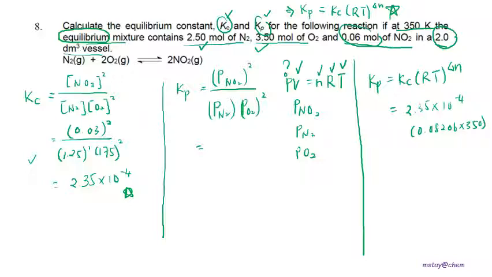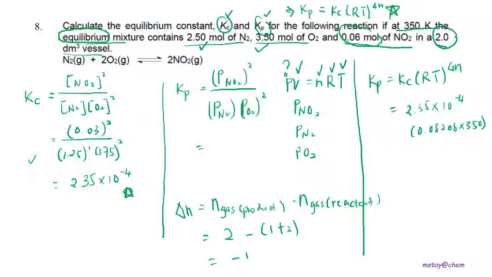Delta N is the moles of gas product minus the moles of gas reactant. In this case, we have 2 moles of product gas, and then we minus 1 plus 2, so the answer will be negative 1. So here the delta N is negative 1. Press the calculator, and we are going to get the answer,